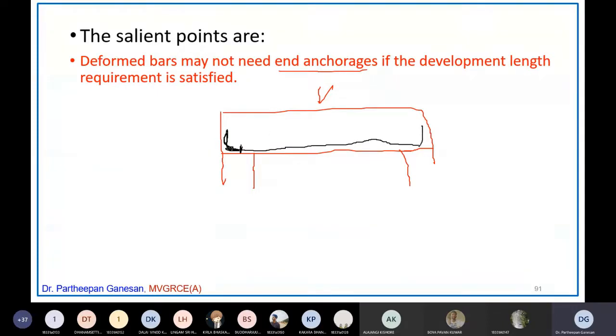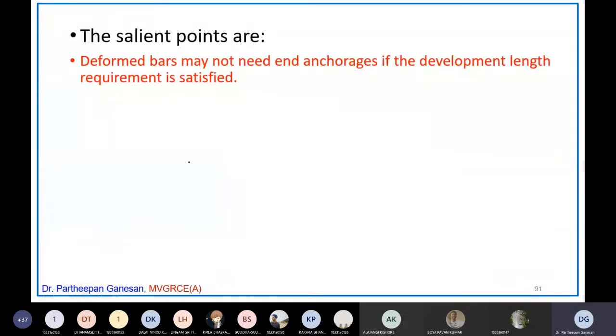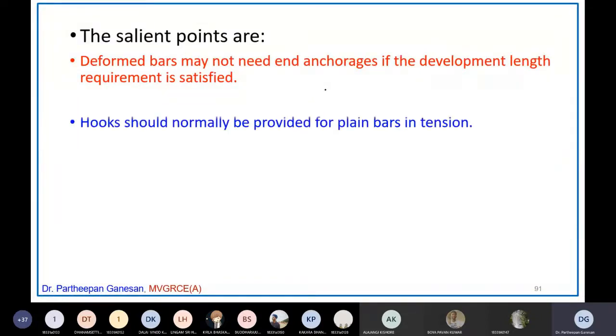That is why in the beam we will see at the end there is an L bar bending like this, and the top bar is also sometimes bent like that. So the bend is for taking care of this. This is called end anchorage, and from there to the center everything is called the development length. Okay, when we solve the numerical on this, you will have a better understanding, but for now you should know these are our salient points.